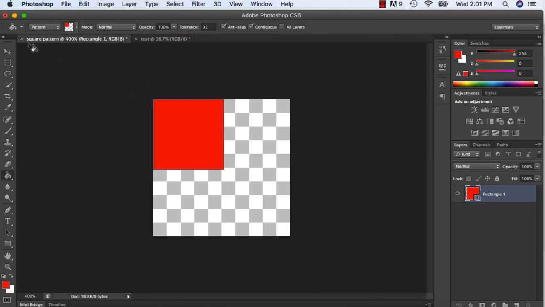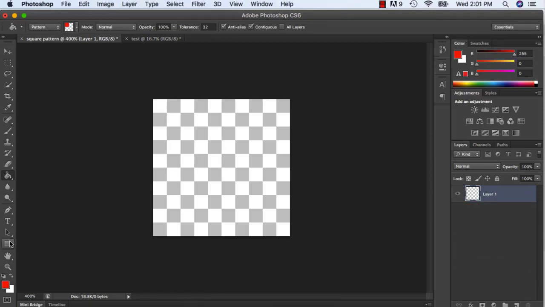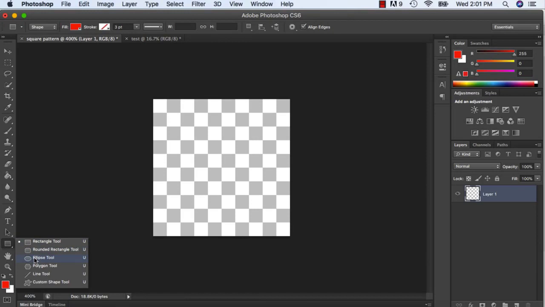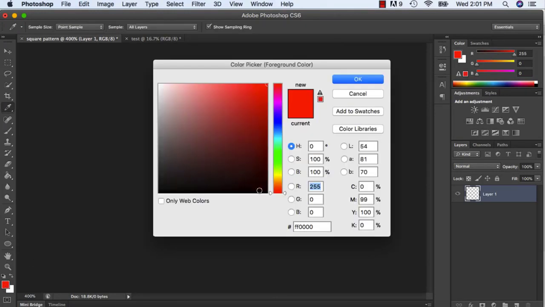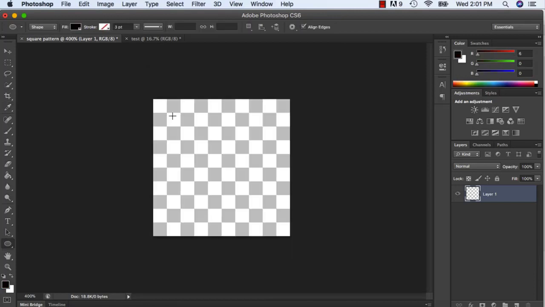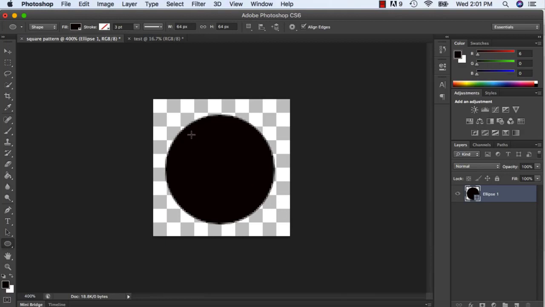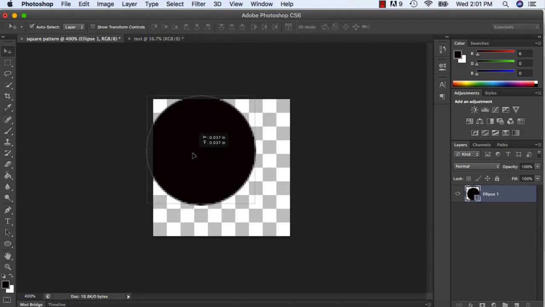So let's try that again. So what I'm going to do is I'm going to delete this rectangle. Actually, I'll create a new layer first, and I'll delete it. And now what I want to do is I'm going to create a circle pattern inside. And I'll make it roughly a black shade. And if you want to have it off-centered, just so you can see what it looks like,